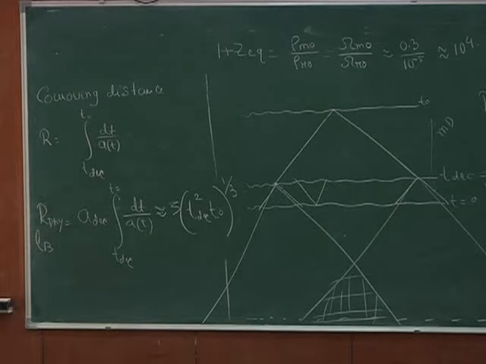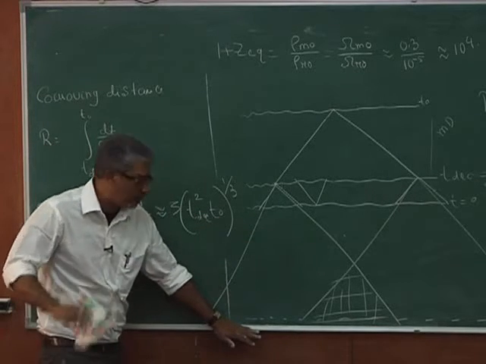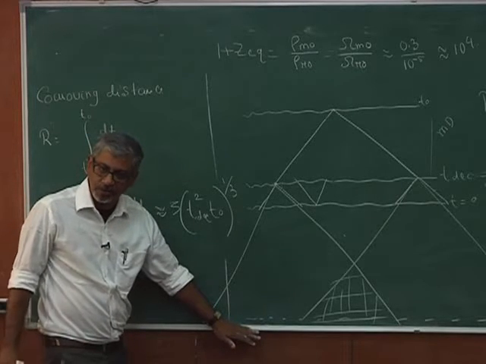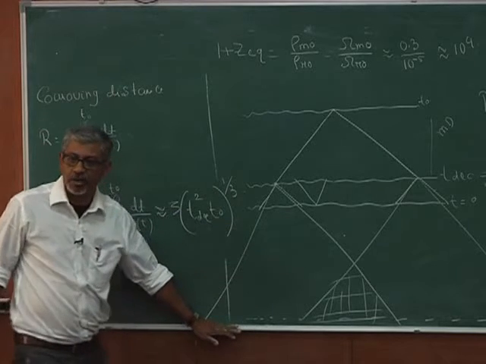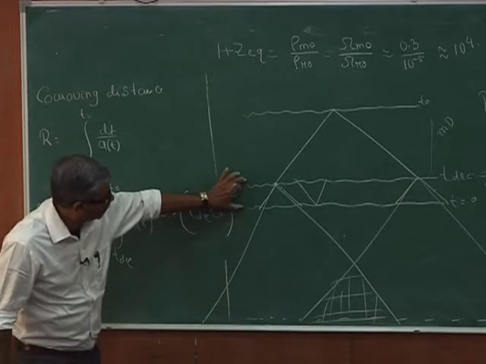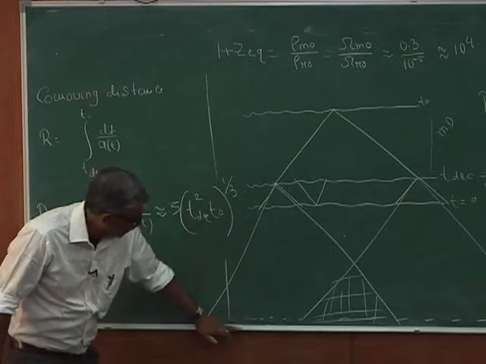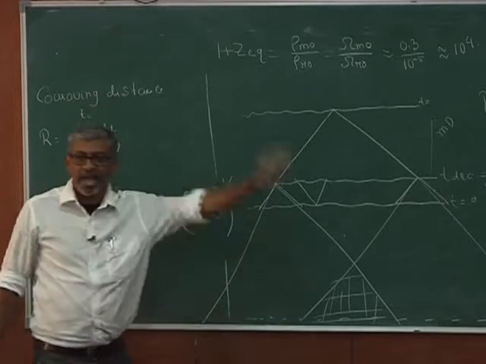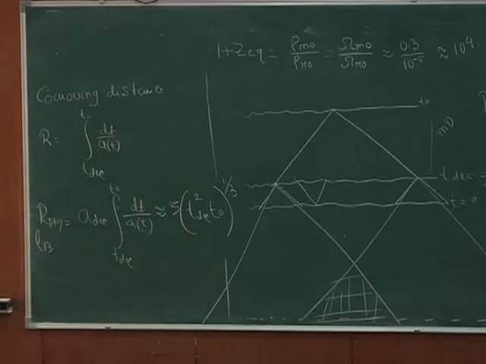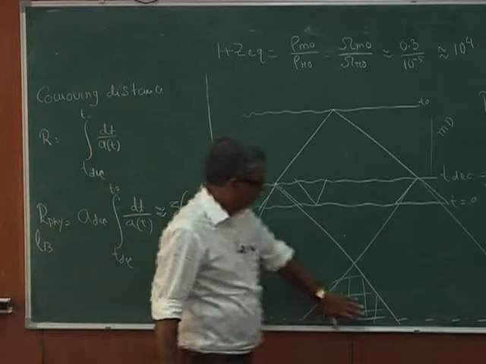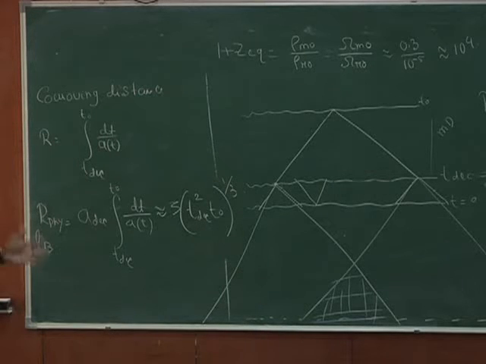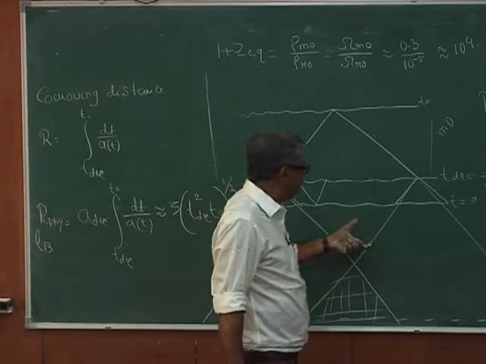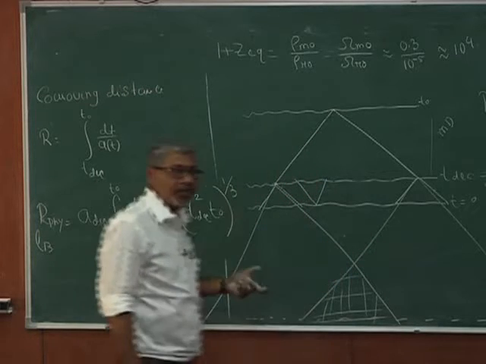Some exponential expansion. Fine. Because my starting point is when the scale factor is 0. In the decelerating universe, the scale factor is always 0 at a equal to 0, t equal to 0. So I have only this amount of time available, but if I can make it go to t equal to minus infinity, I can make it as big as possible. And that can solve this problem that we call the horizon problem. So that motivates that we need a very rapid expansion very close to the beginning.